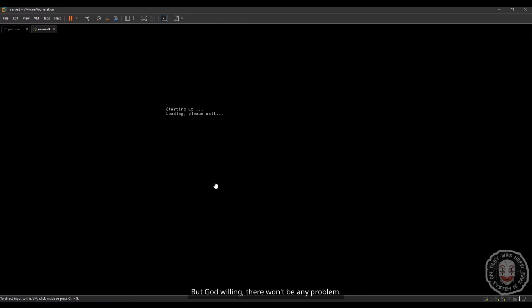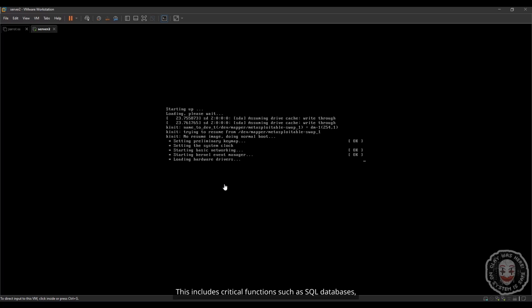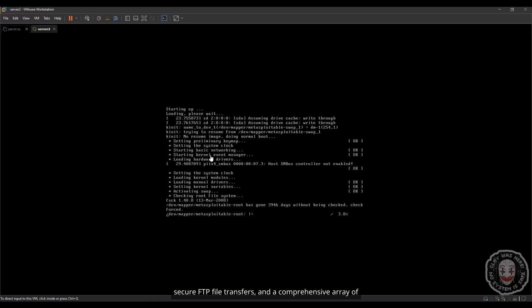But God willing, there won't be any problem. All right, as you can clearly observe, it is actively running, demonstrating its operational status for a variety of essential services. This includes critical functions such as SQL databases, secure FTP file transfers, and a comprehensive array of other vital network services. And it's impressive to see that it supports numerous additional services as well. Isn't that remarkable? All right, everything appears to be functioning perfectly.